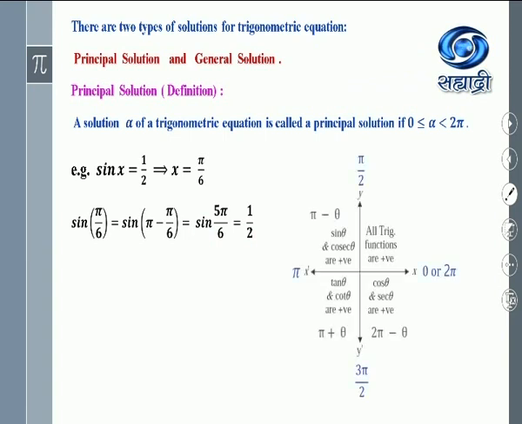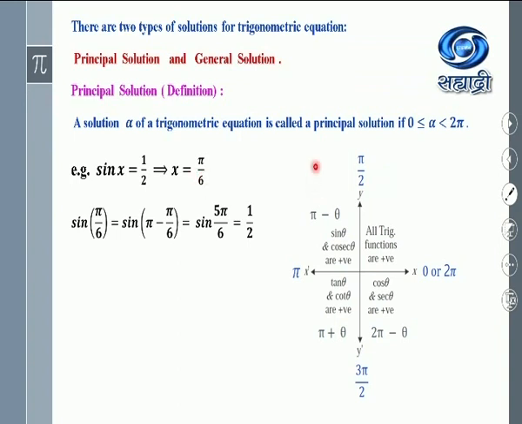Okay, now how to find this? Remember the condition. The variable alpha or x or theta is always less than 2 pi and greater than or equal to 0. So we have the 4 quadrants only: the first quadrant, the second quadrant, third quadrant and the fourth quadrant. Now see, sin x is equal to half means we got the positive value. So search where sin is positive. Sin is positive in the first quadrant. So for that you get the angle pi by 6, no doubt.